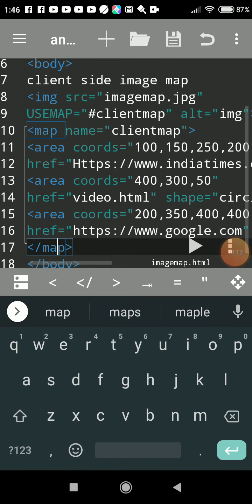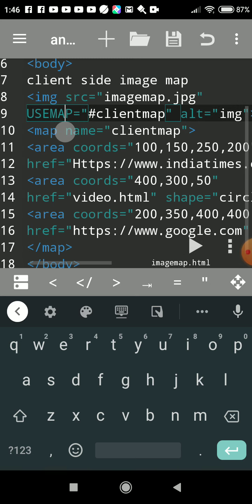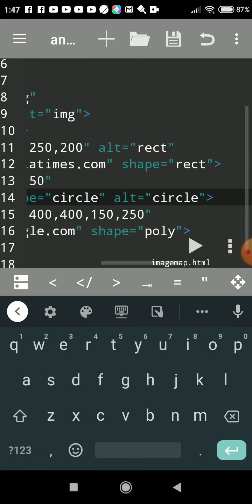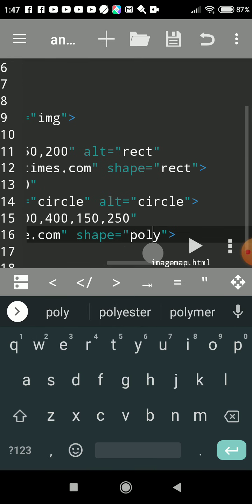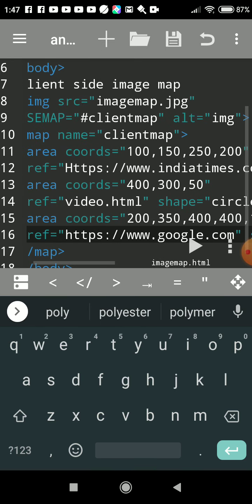For a client side image map, you have to use the usemap attribute to indicate that this image is a client side image map, and in the map tag you have to write the same name that you gave in usemap. Below the map tag you write area tags having 3 shapes: rect, circle and poly, and link them to different sites.